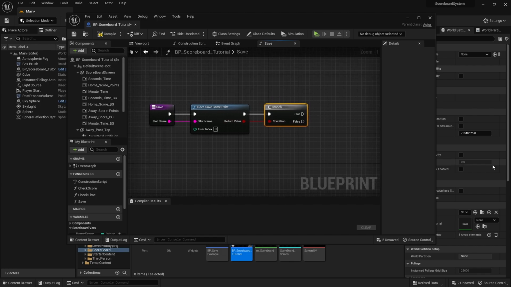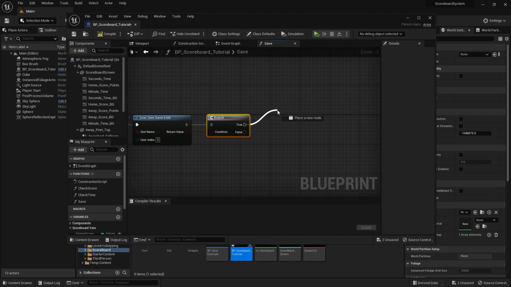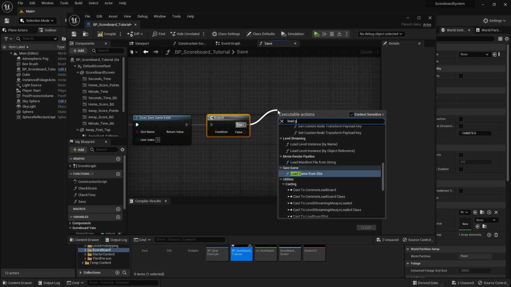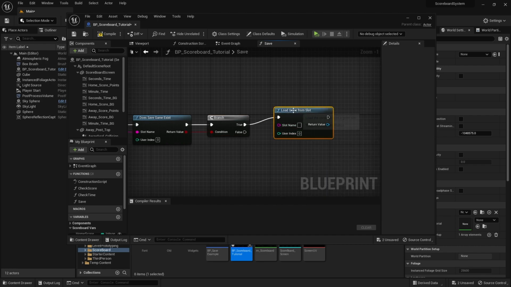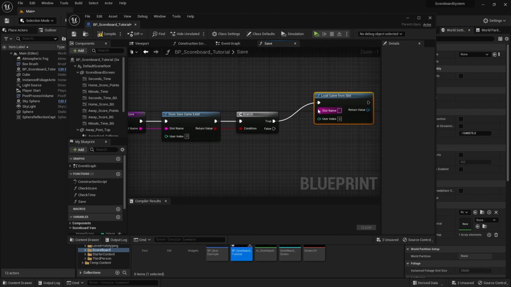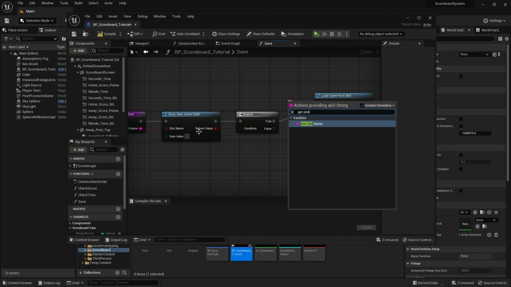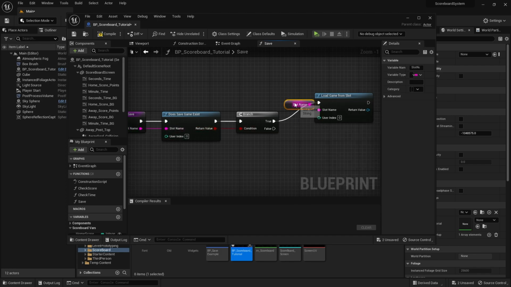If the save game is true, which means there's already a save game that exists within this game, we'll do a load game from slot over here. From here, we'll take the slot name. We can either plug this in from here, or a simpler way is to search for a get slot over here, so it'll take the slot name for us to use.